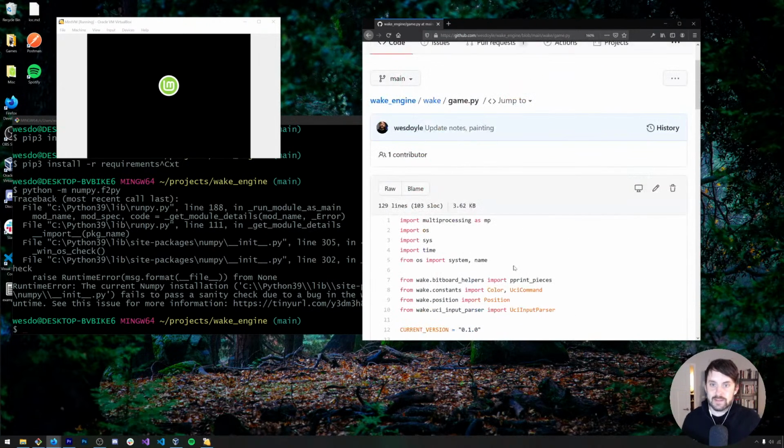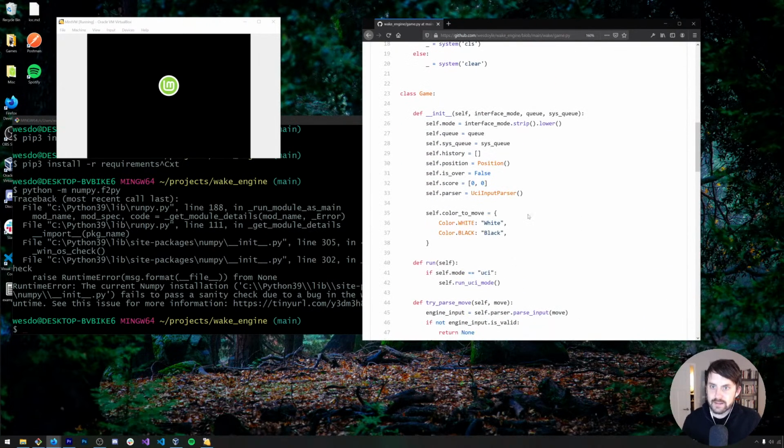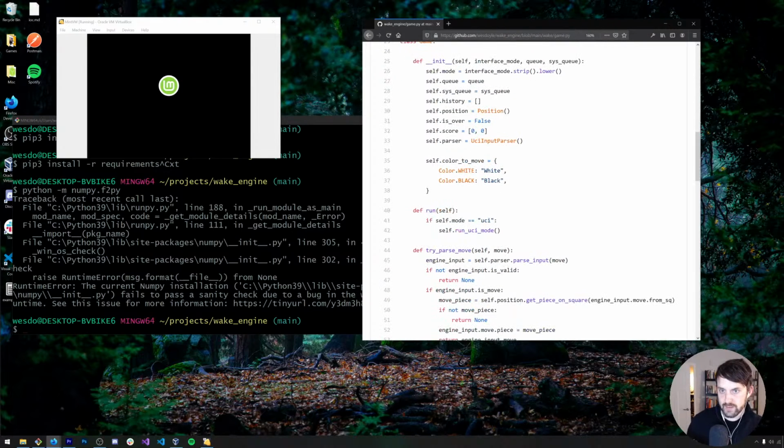So a game instance is still just a class. The game in its initializer receives interface mode and then 2 queues. The 2 queues are the multiprocessing queues. Should name them better, but in any case, every instance of the game has a position instance as well as a UCI input parser.